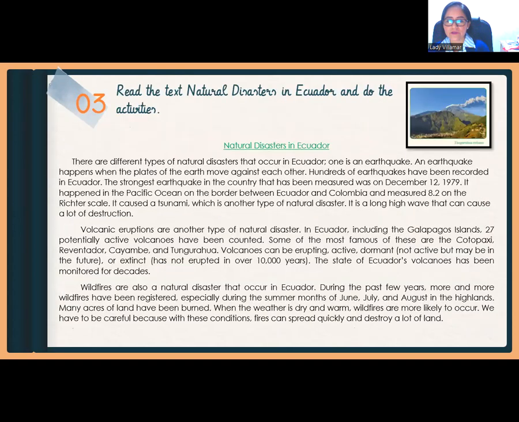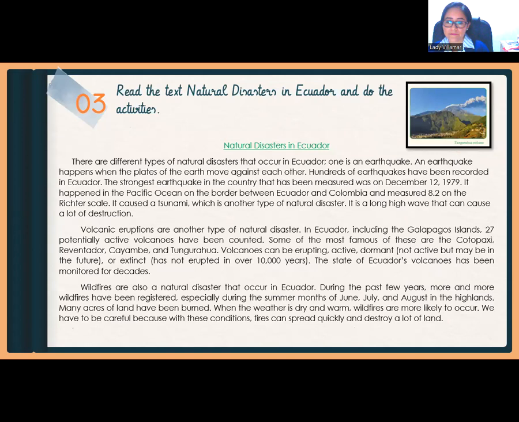And next, number 3 is the reading. Remember, we are working on reading as a curricular thread. The reading is about natural disasters in Ecuador. You need to read the information. You can use the dictionary if you want, and if there is a word that maybe you don't understand or is a new word, my suggestion as another activity is to make a list and use a dictionary. Cambridge Dictionary Online is a dictionary that I usually recommend.